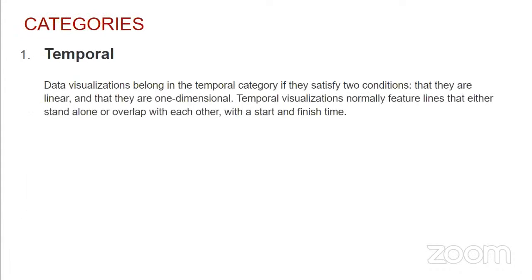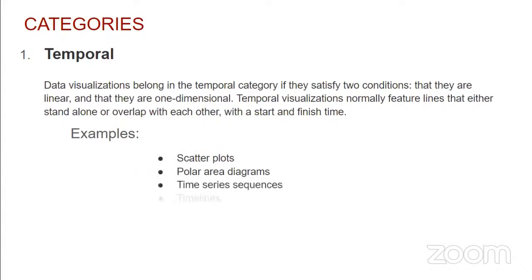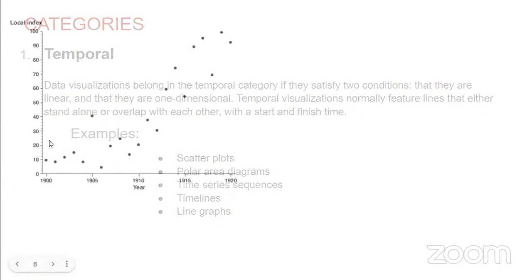So data visualization belonging to this category satisfy 2 conditions. 1, they are linear, and 2, they are one-dimensional. They normally feature lines that either stand alone or overlap with each other with a start and finish time. We're going to look at examples. Examples of scatter plots, polar area diagrams, time series, timelines, line graphs. So those are some of the examples of a temporal